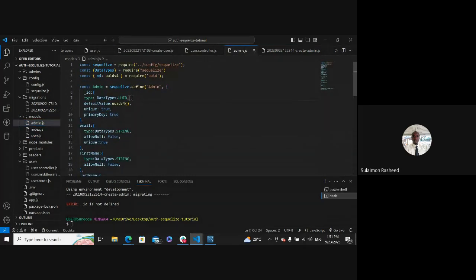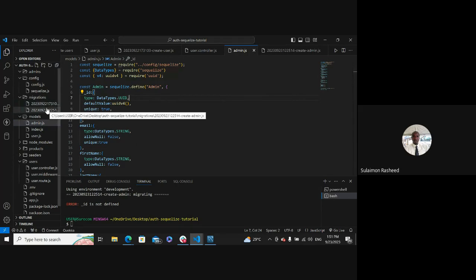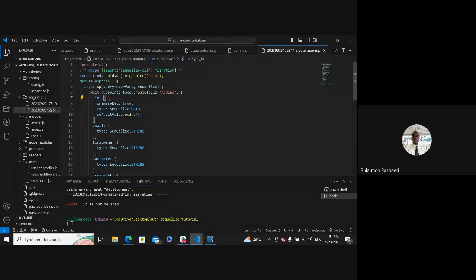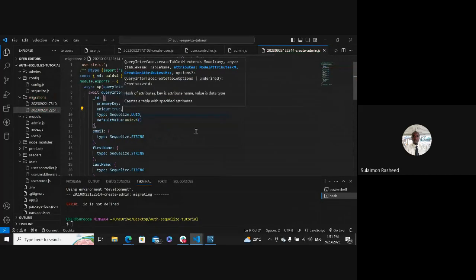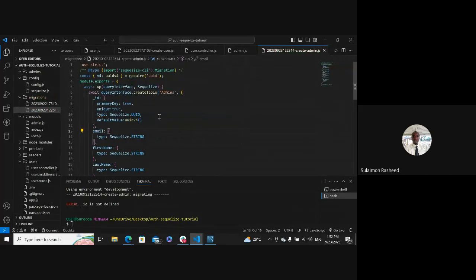Okay, let's add unique, unique to be true. Okay, unique to be true is here. Then for the migration, let's add unique to be true for the migration too. Unique to be true. So the ID for